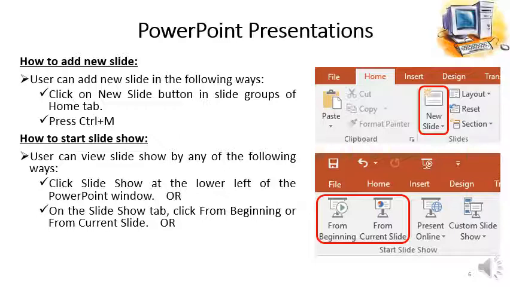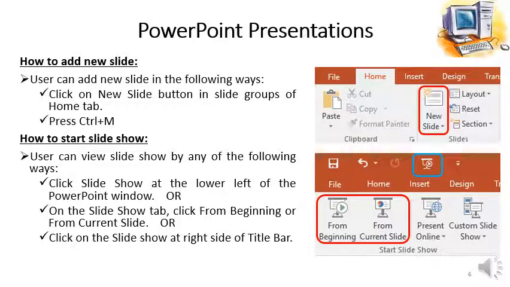As we can see in this image, there are two options available under the slideshow tab. If you want to start the slideshow from the beginning, means from the first slide, we'll click on the from beginning button. And if you want to start it from any current slide in between the presentation, for that purpose we will use the from current slide option.